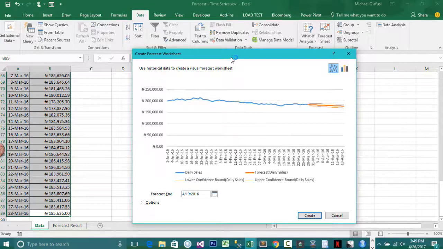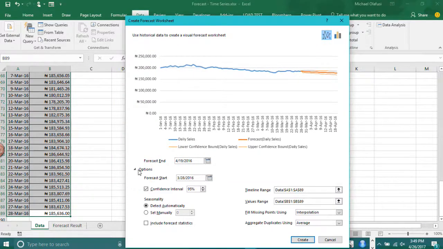If you are very good with statistics, you can modify some of it. You can tell it that you don't want automatic, you want to set your own manually. You can even include the statistical significance and other details. So you can do as much as you want, but if you are just a regular Excel user, the automatic default settings will work nice for you, right? Because again, it's just to give you an idea of what will happen if things keep continuing the way they are. So I'm going to do Create,